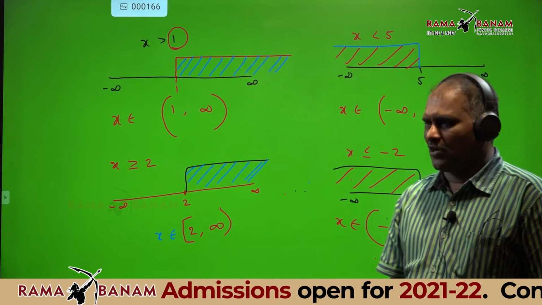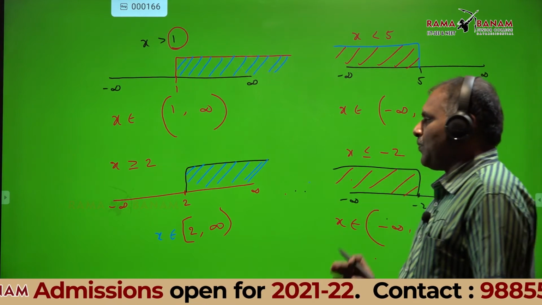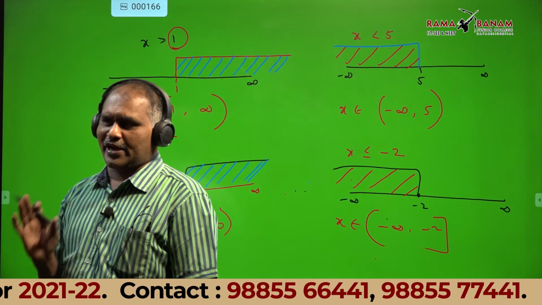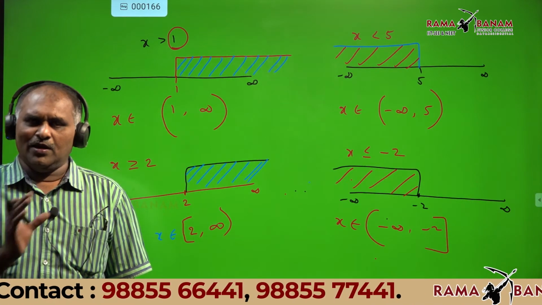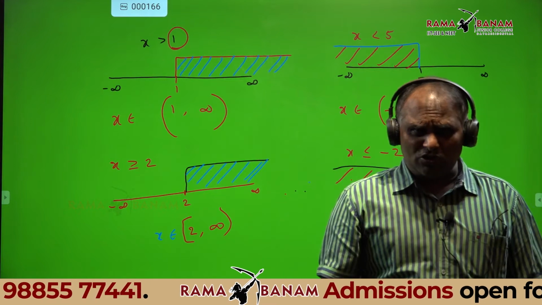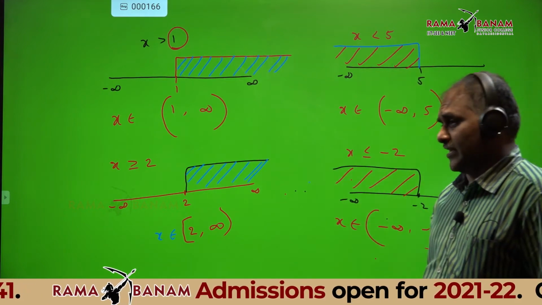Okay, note down all this. These are the simple graphs. How are we able to find the interval? This is the method. First copy this one, and next I will explain.